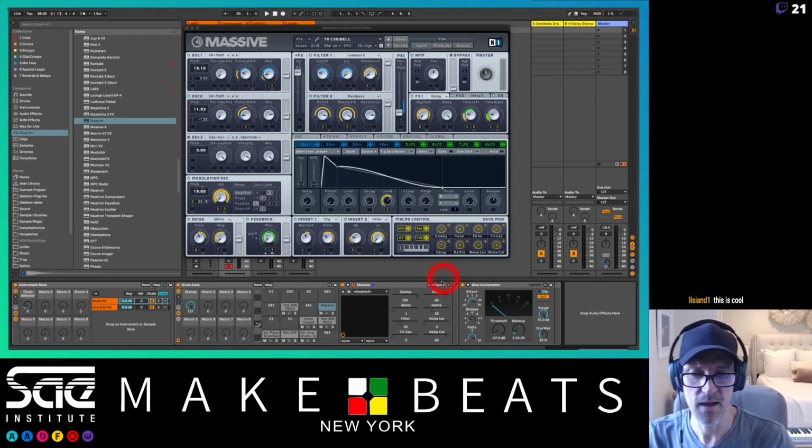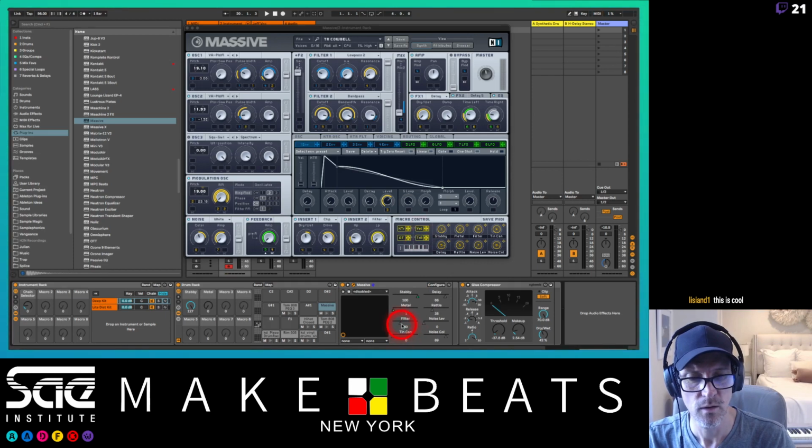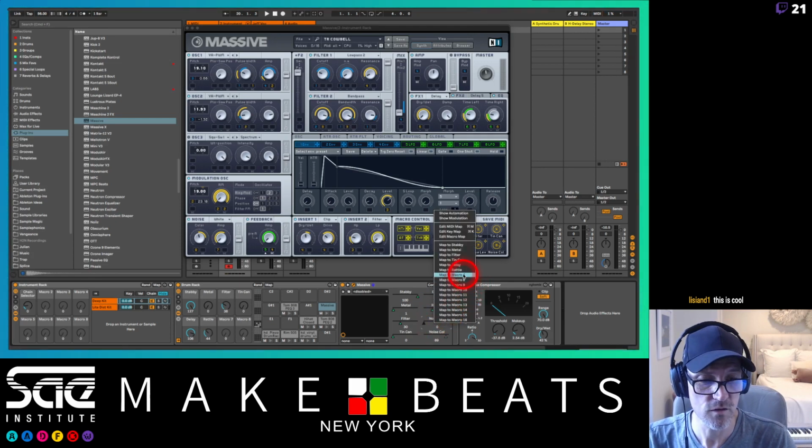So I can add them to macro 1, macro 2, macro 3, macro 4. I'm adding them up, and what they're doing is they're going into this rack that they are in right now, which is actually the overall drum rack. So I can do this,